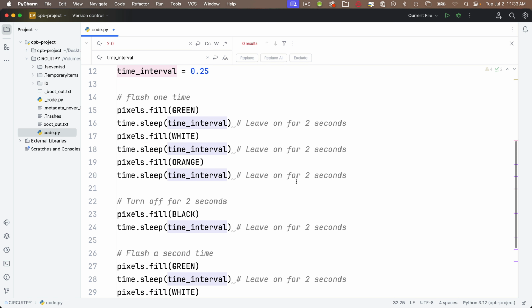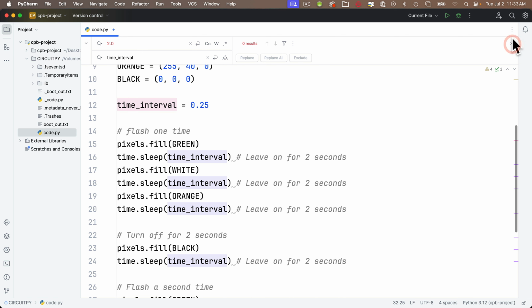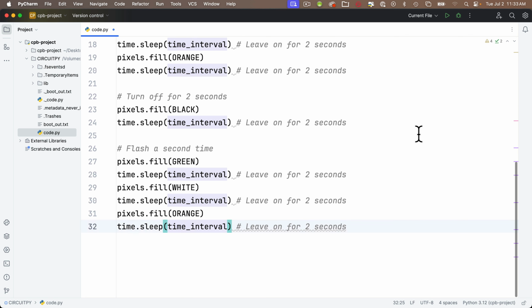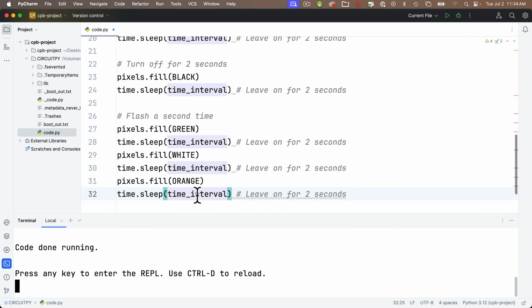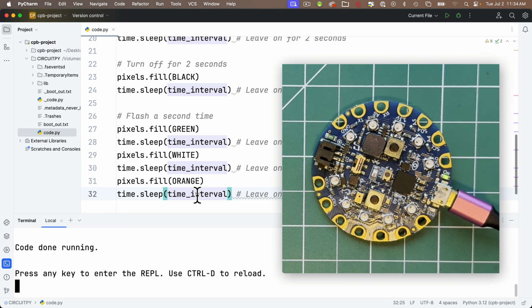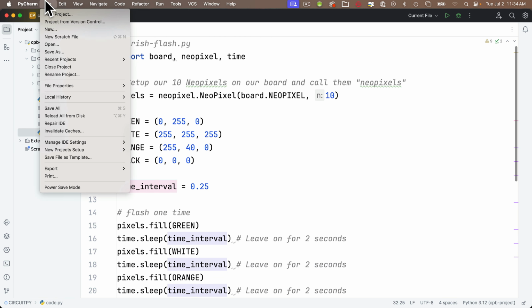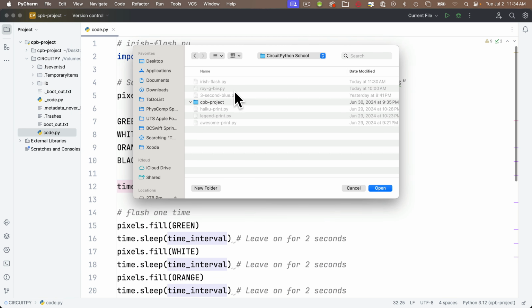Replace All can be a bit tricky. For example, I wouldn't want to replace all if I had 2.0 in some other location that I didn't want to change to the time_interval value, but this works great here. And PyCharm highlights all the locations impacted by my change, and in the upper right there's an X you can click to get rid of the Find Replace area. So now I can open my terminal, save again. I notice the flashes happen much faster now because I'm only sleeping for a quarter of a second. Nice. And make sure that you save this to your CircuitPython School folder using the name irish_flash.py,